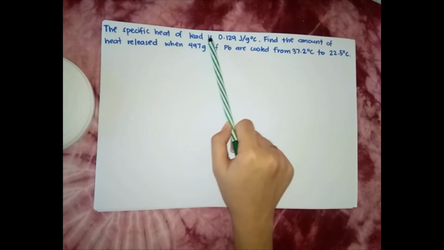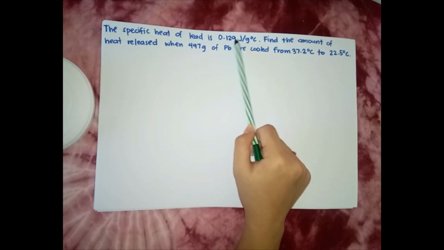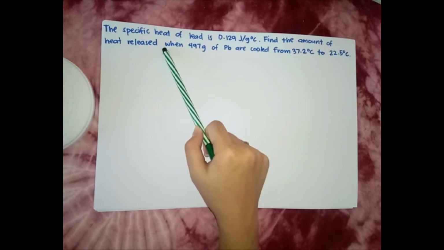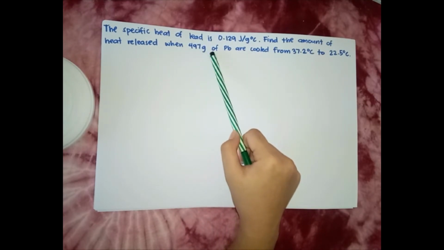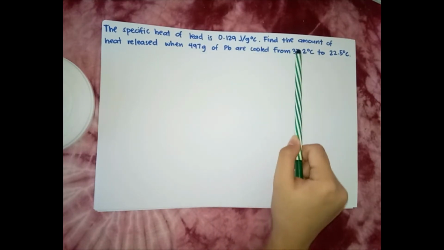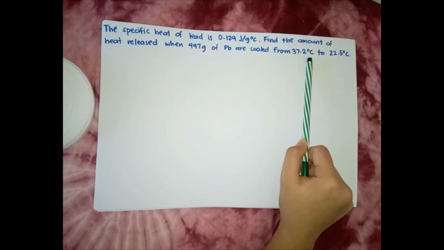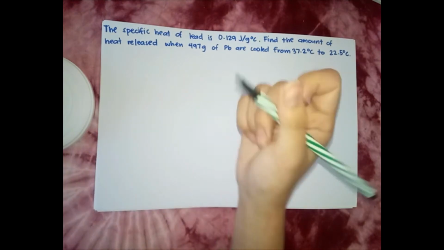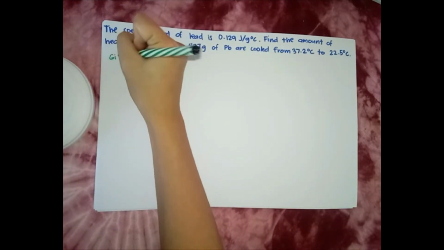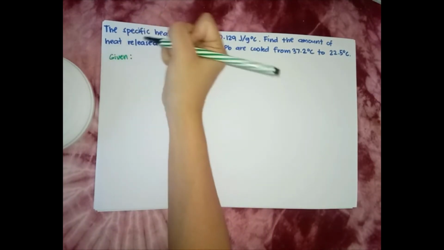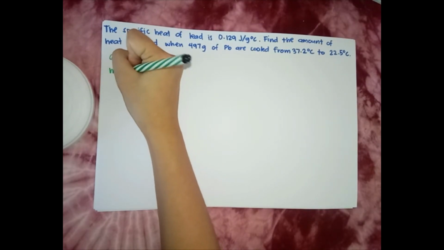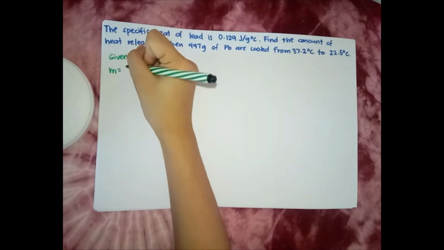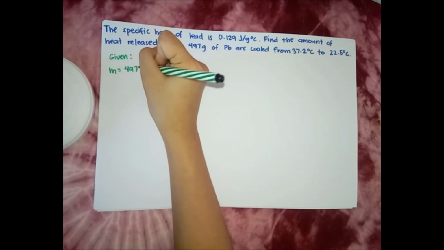The specific heat of lead is 0.129 joules per gram per Celsius. Find the amount of heat released when 497 grams of lead are cooled from 37.2 degrees Celsius to 22.5 degrees Celsius. So, the given for this equation is we have M, the grams of the substance, which is 497 grams,